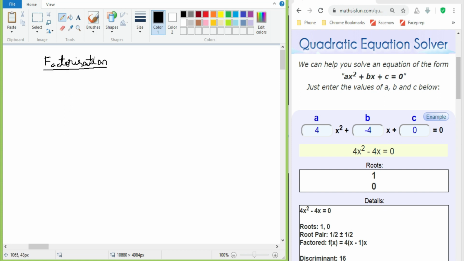I'll take out the first example here. I'll start with a very easy question, that is x square plus 5x plus 6 is equal to 0. Yes, guys, how to tackle these factorization questions? Okay, so as we already know,